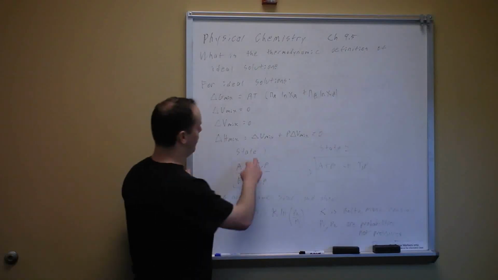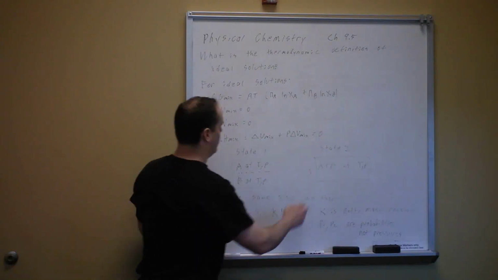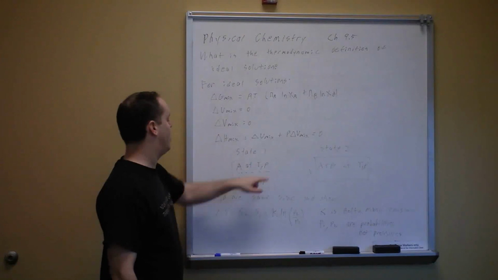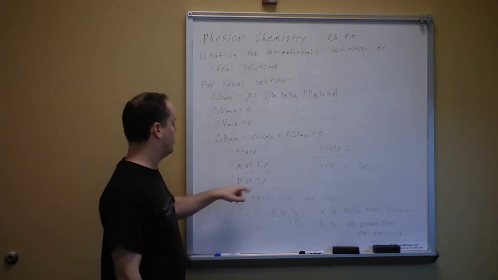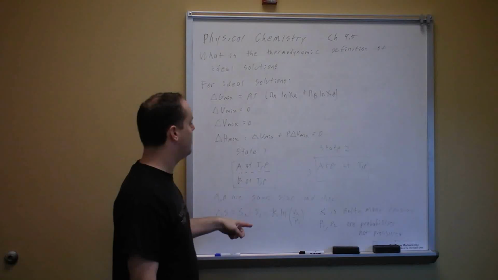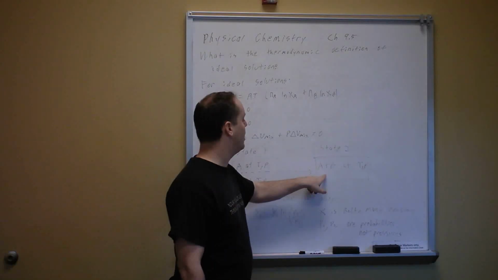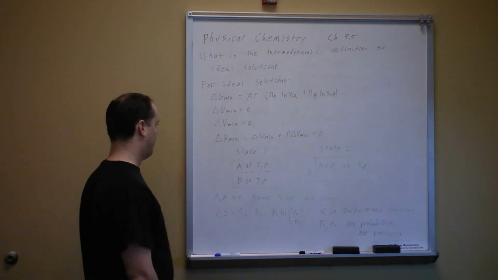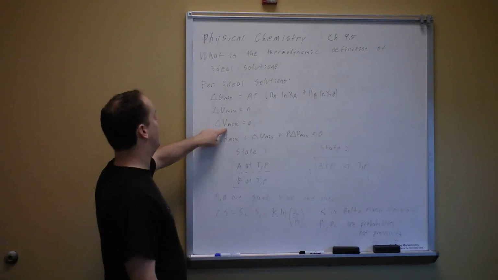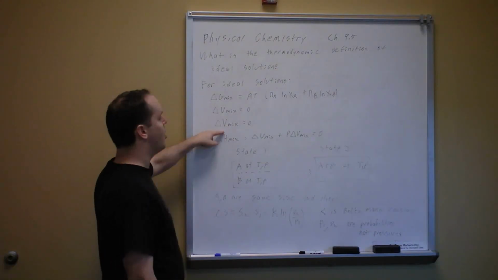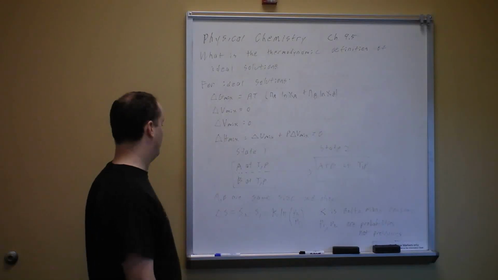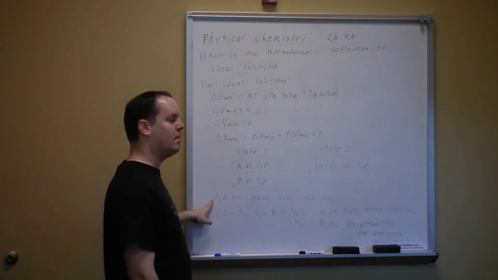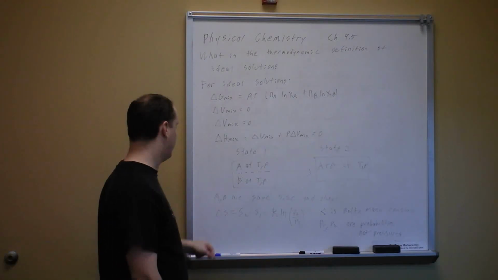So what this is saying, we're going to go from state 1 unmixed to state 2 mixed. So in state 1, we have A at a certain temperature and pressure. We have B at a certain temperature and pressure, the same one obviously. When we let them mix together, we're going to end up with A and B at the same temperature and pressure. That's why we had to say delta volume didn't change. We know delta T and P are not going to change. Now, this is assuming, of course, that A and B, the molecules or species, whatever they are, the same size